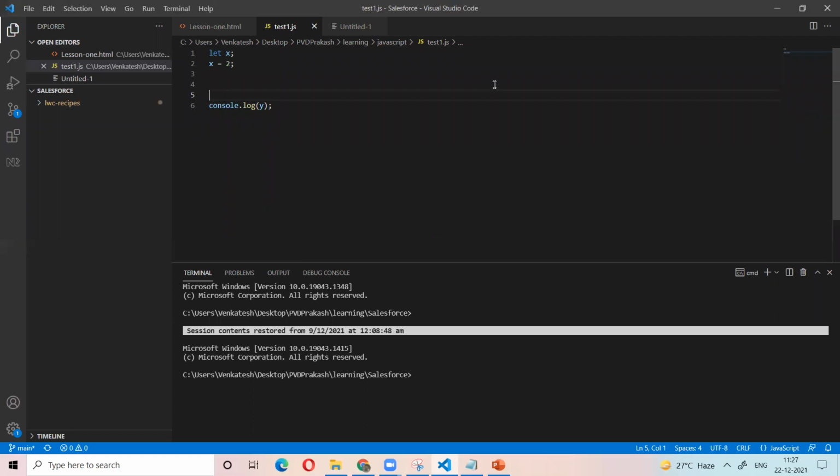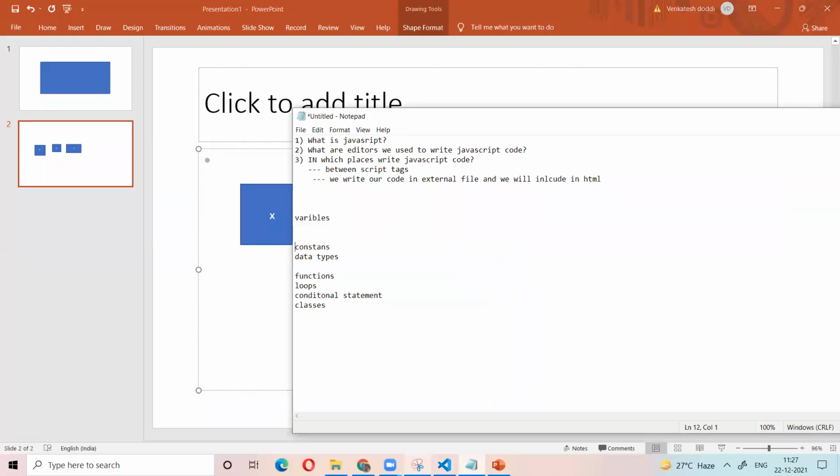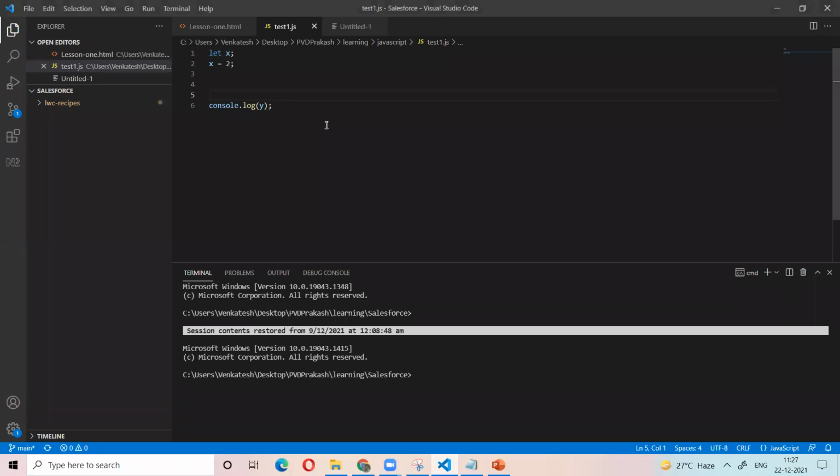So this is the concept of variable. The same concept applies in other languages also, in PHP, in Java. But we need to learn how to write variables in Java and how to write variables in PHP. The concept is the same, the writing style is different. So this is the variable concept. Do all of you understand what a variable is? Hello? Yes, sir. Yes, sir.